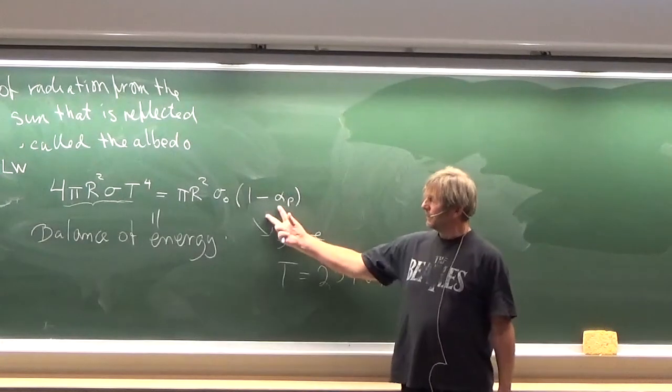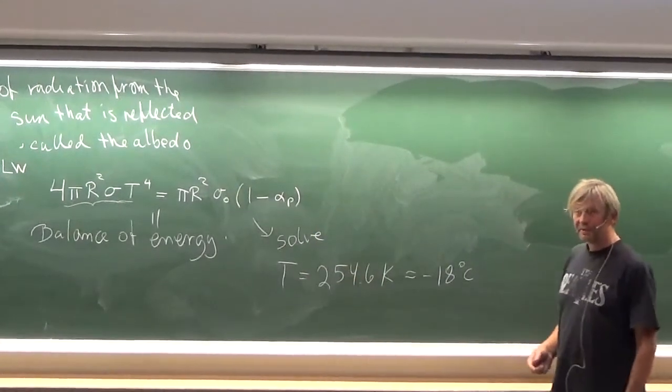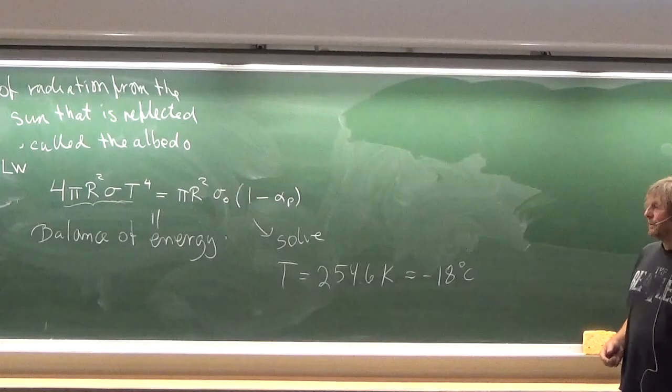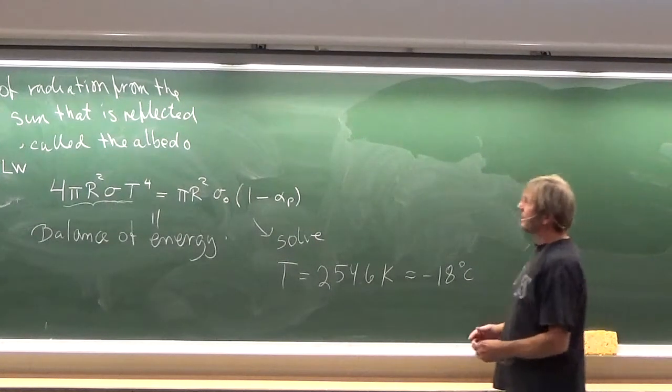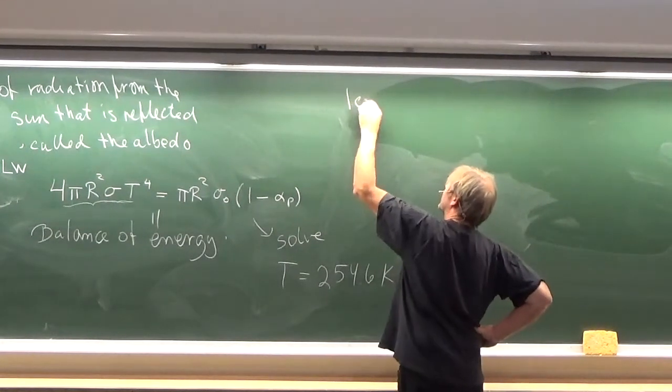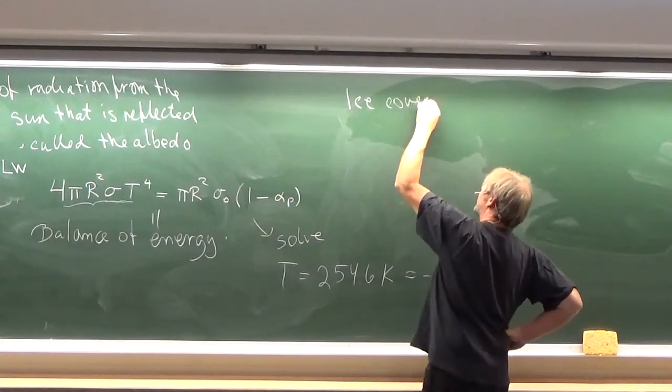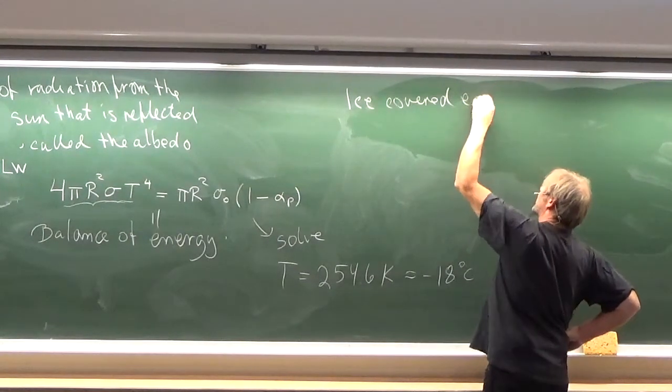This co-albedo will go down and the temperature goes down. So if you had a totally ice covered Earth,